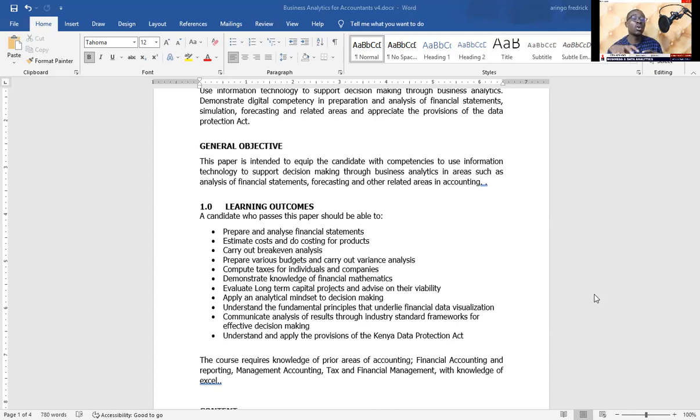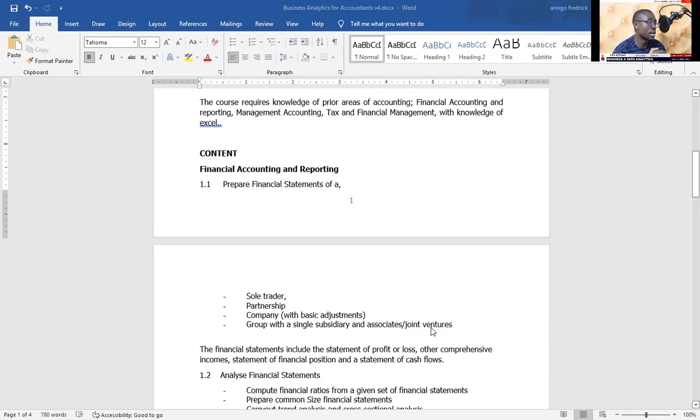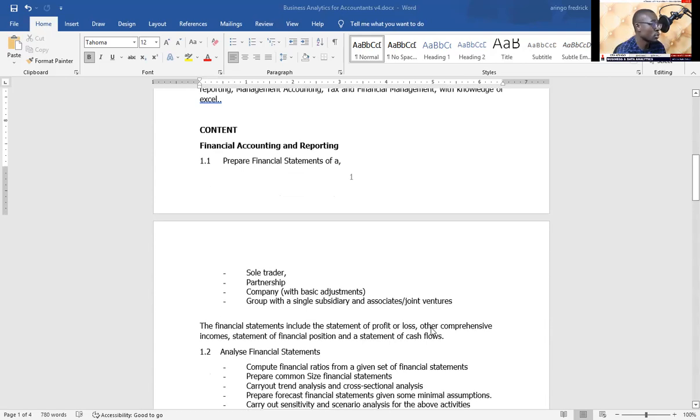So going into the content on what will be expected to cover at the end of this course, the first segment is us understanding the aspect of financial accounting practically. This is financial accounting and reporting, whereby you'll be required to prepare the financial statements of a sole trader, a partnership, and a company group with a single subsidiary and associates. Remember at this point, my good students, you're not doing it theoretically, but you are doing it practically,